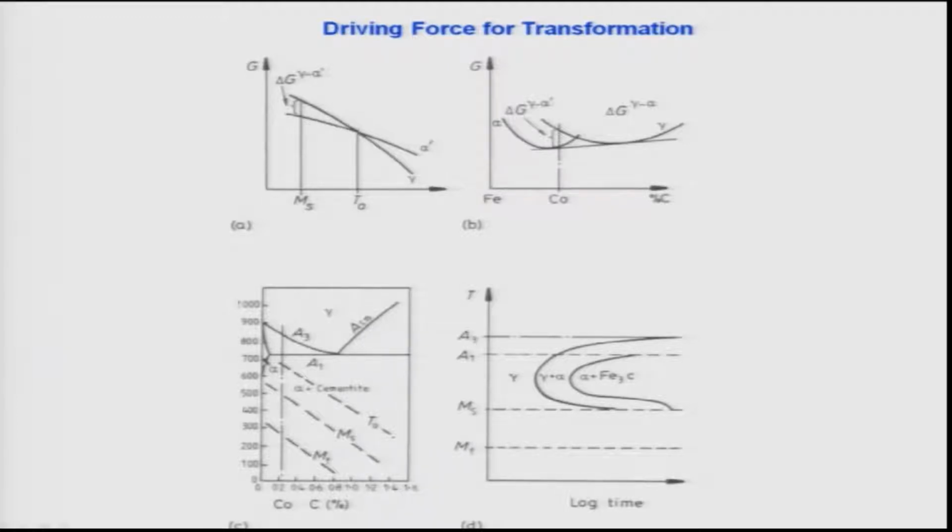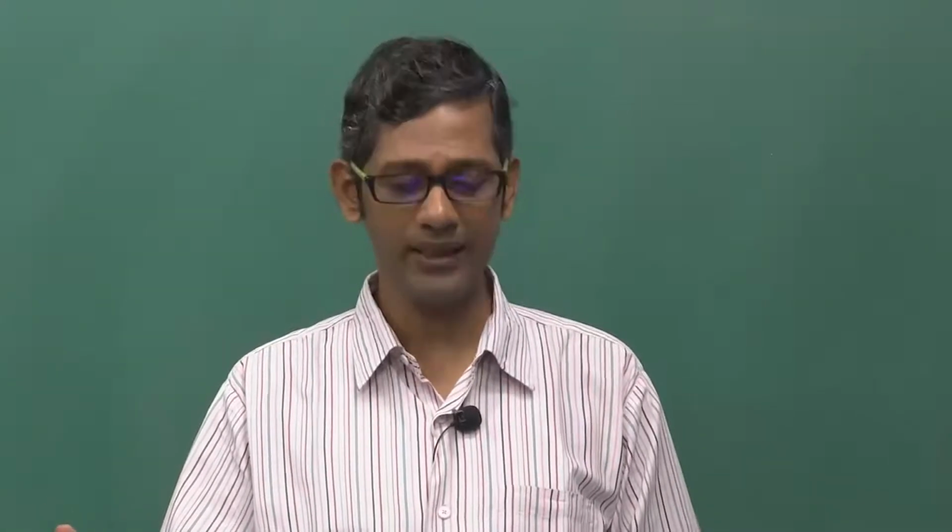But it happens that in many cases it has been found that even if you cool it down below T0, martensite transformation does not start, because martensite transformation requires strain. As I told in the last class also, austenite to martensite transformation will develop plastic strain, twinning or dislocation mediated plastic strain, and therefore, even below T0, the amount of chemical driving force available may not be sufficient to cause the transformation to happen. And that is why, as you see here in all these diagrams, and a few of the diagrams you will see later,